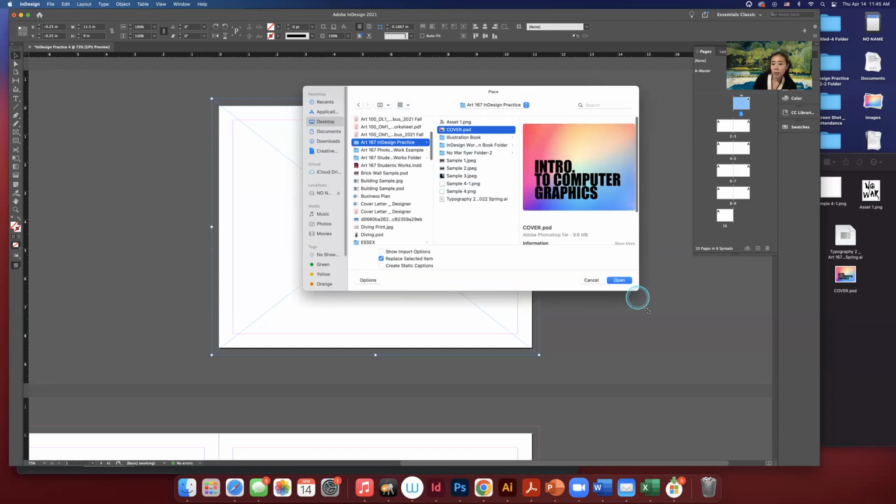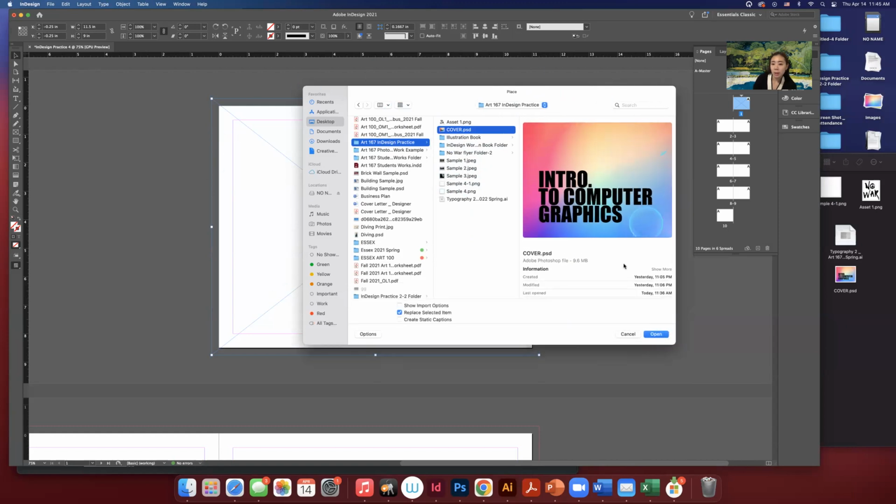When you see this place window, there are options at the bottom. Please make sure to click show import options. And then